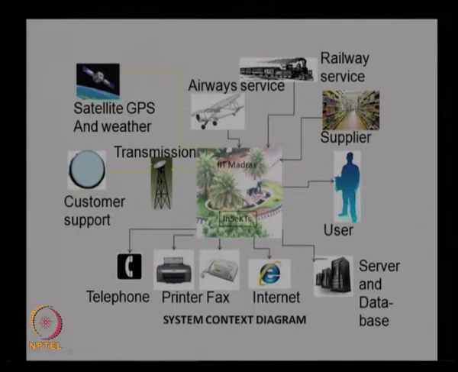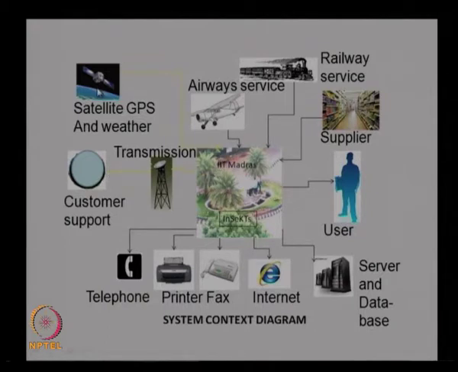So, you can see that the terminals will be at different locations provided in the campus, and there will be users from inside the campus as well as from outside the campus, and there may be different databases which will be connected to the system, basically the database about the IIT facilities and the locations of the various buildings, etc., and there will be an internet connectivity to the system, and then utility services like fax, printer and telephone will be available with every terminal, and there will be an emergency support service. There may be a customer support service directly connected to the terminal. So, in case of an emergency, the customer support will be activated, and then we can get the emergency services.